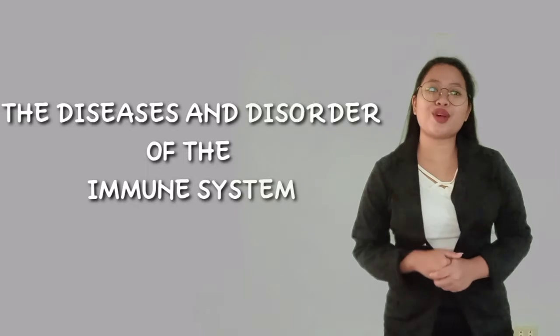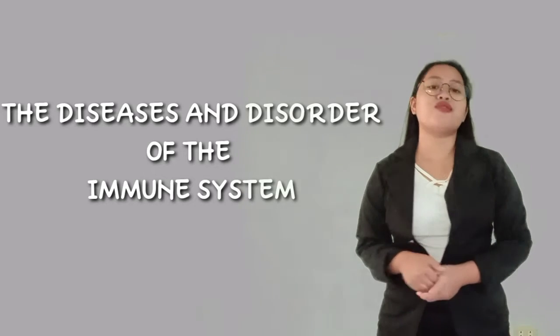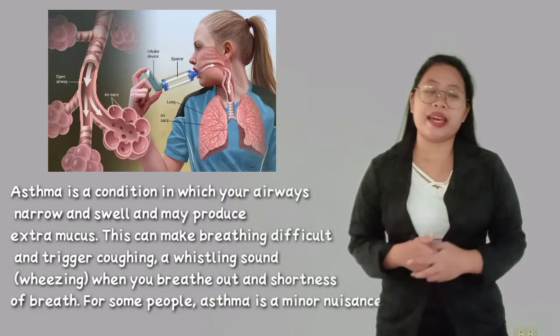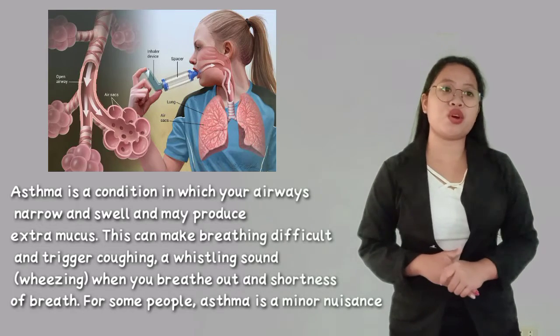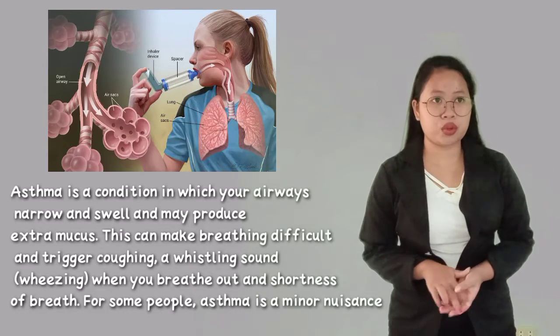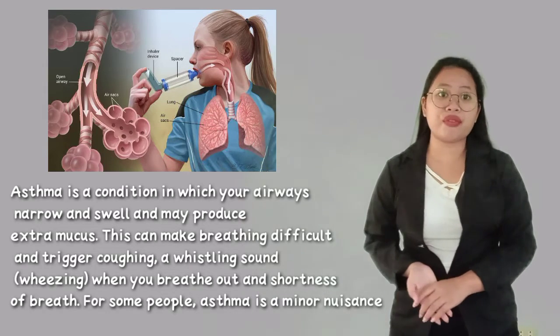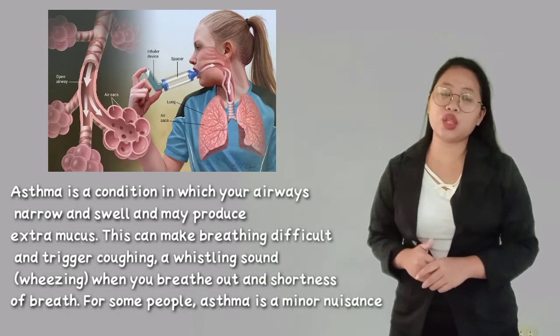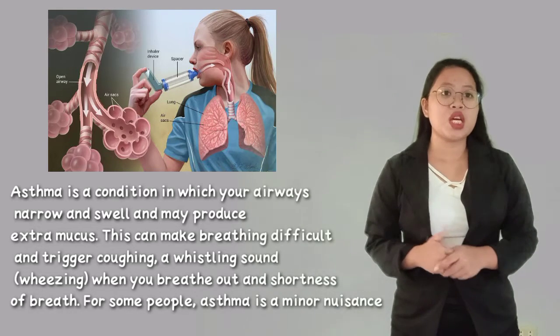The diseases and disorders of the immune system. The first disease and disorder is asthma. Asthma is a condition in which your airways narrow and swell and may produce extra mucus. This can make breathing difficult and trigger coughing, a whistling sound when you breathe out,